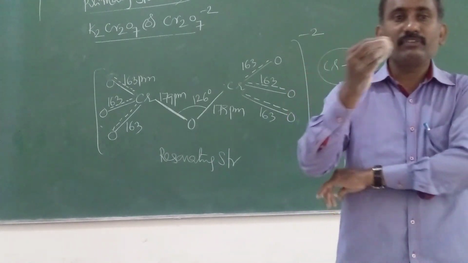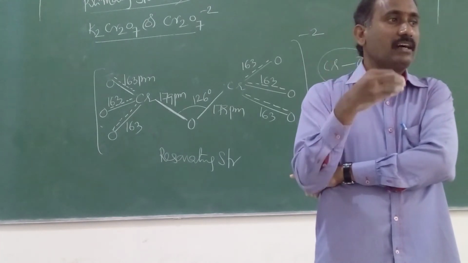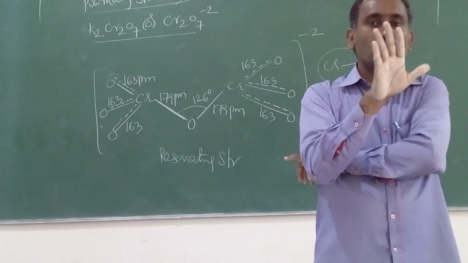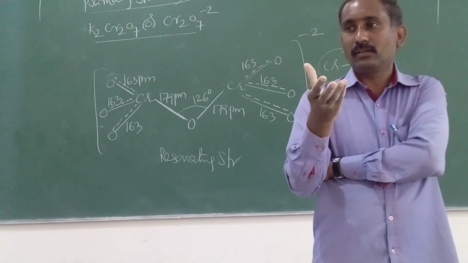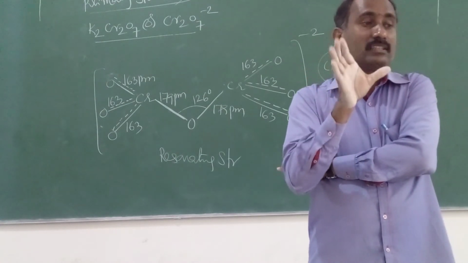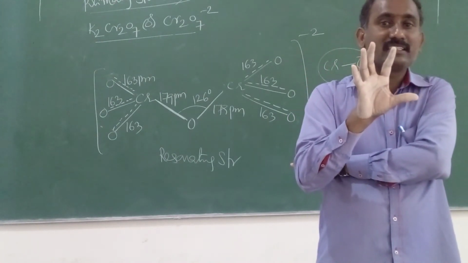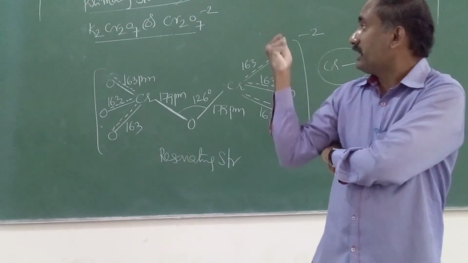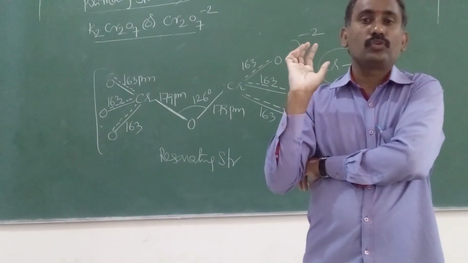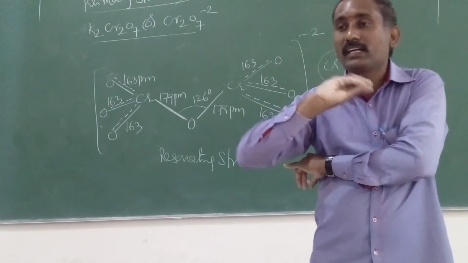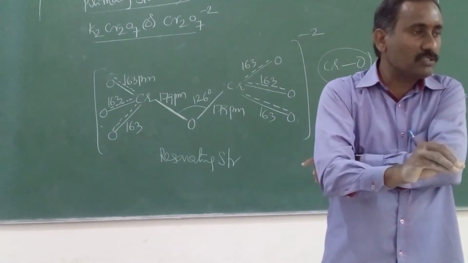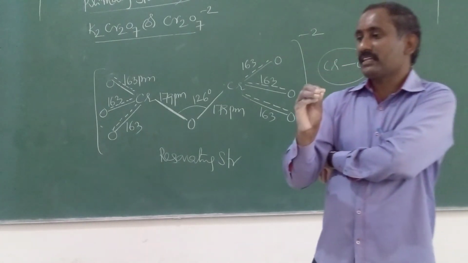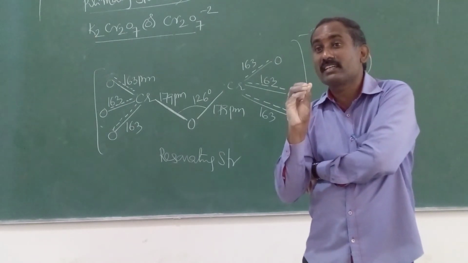For example, today we prepared NaOH solution. After 1 week or after 1 month, if you check, the concentration of NaOH is not the same. For example, today if you prepare 2 molar, after 1 month it is not 2 molar. In such case concentration changes because NaOH is deliquescent. Deliquescent means it absorbs water vapor from the atmosphere. But potassium dichromate acts as a primary standard solution. Today with what concentration we prepare, tomorrow also same concentration, day after tomorrow also same concentration.